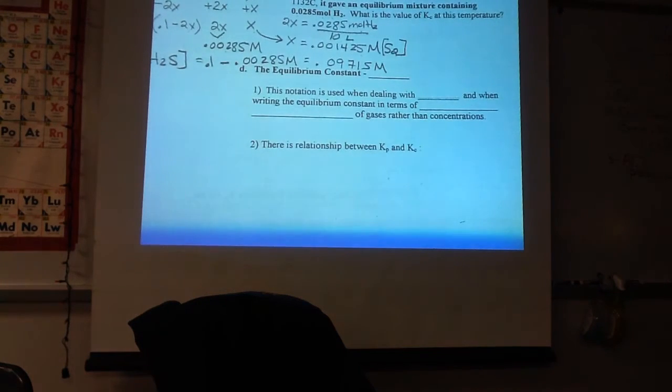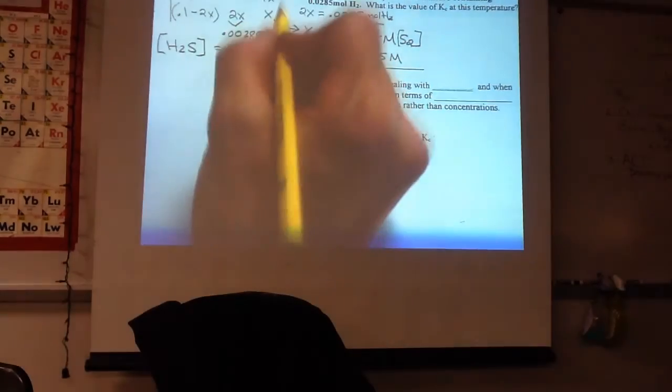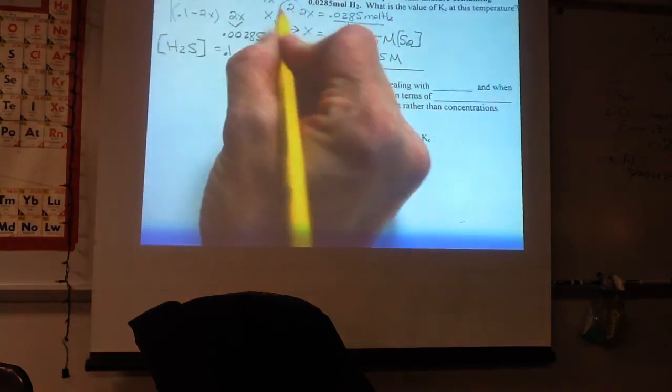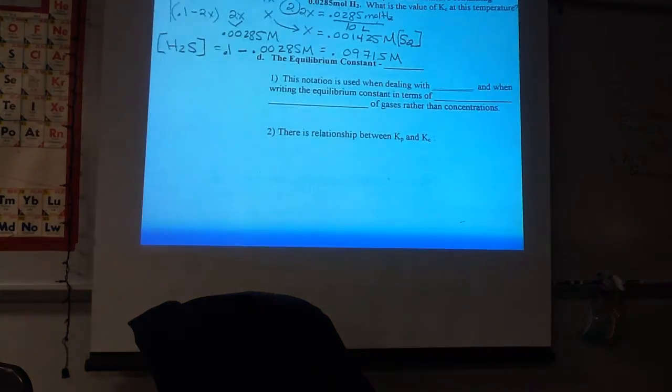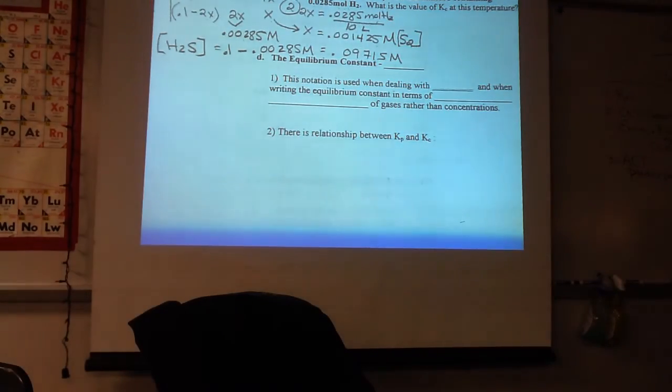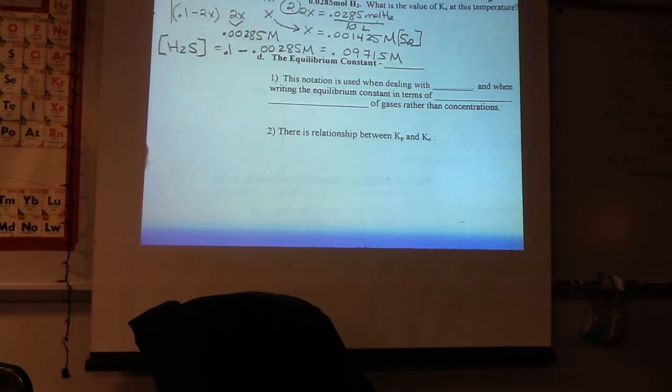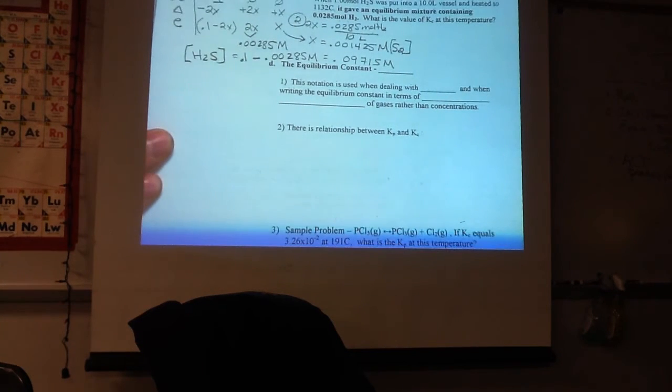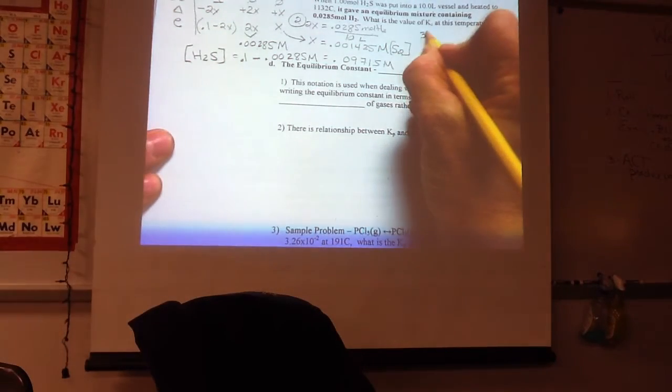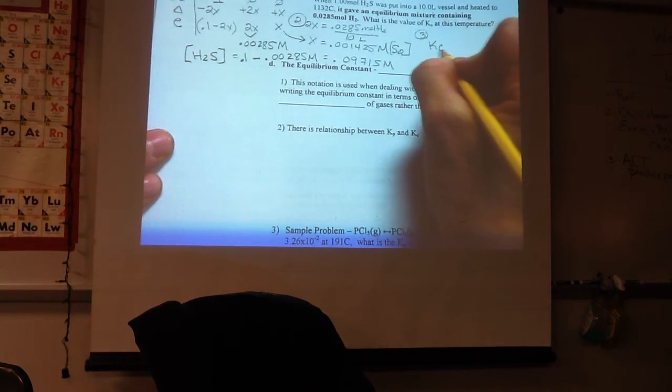All right, and what's the last piece? So step 2, I figured out my equilibrium values. That's all this business there. And what's the third step if I want the Kc at this temperature? Put it in a Kc expression. So number 3, we say Kc equals,